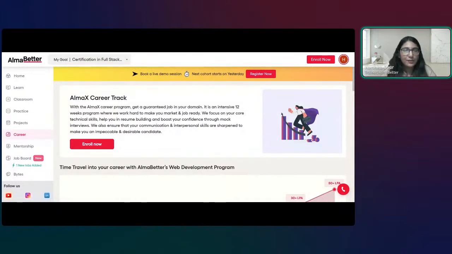If you want you can do that, but we have another option. The 12 months are divided into two parts, 6 months and 6 months. So you have to complete your initial 6 months, and then you can go with Alma X. You can take the placement at first place, and along with it, you can continue your rest of the masters as well. That option we will also offer you. But yes, you have to complete your initial 6 months in masters, then you can go with the placements. Okay.